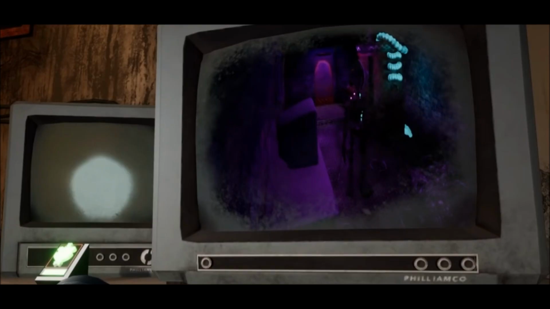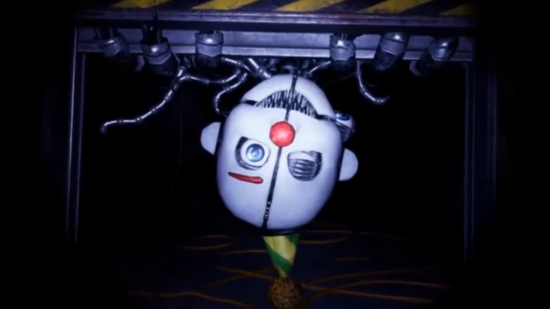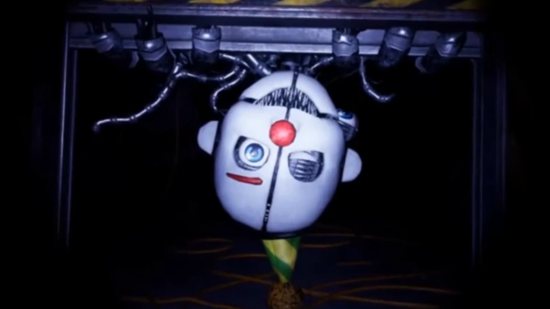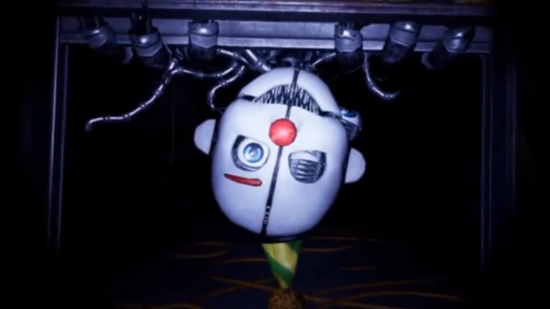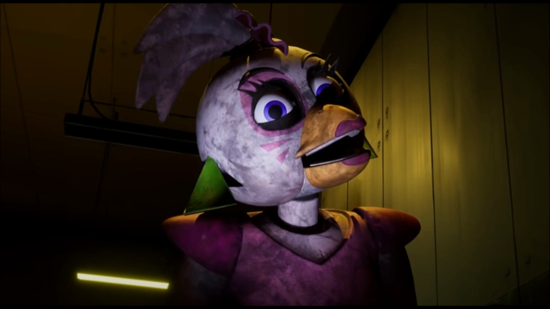Now, before I start, I would like to propose an idea that I think would have made areas in Security Breach better. I think that in specific locations, the game should have implemented mini-games or levels like Help Wanted. I don't mean changing the whole game, but I feel like some areas, specifically the office segments, could have benefited from this. They kind of dabbled in this with the cooking a pizza minigame, but more of that would have